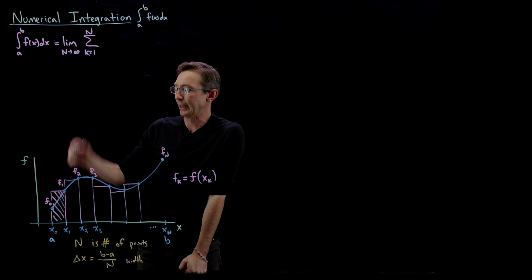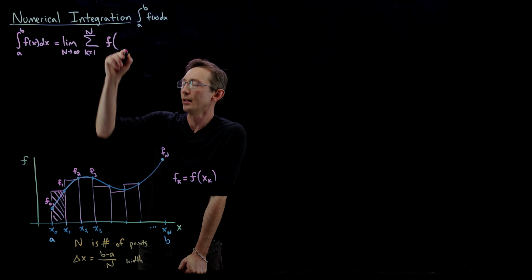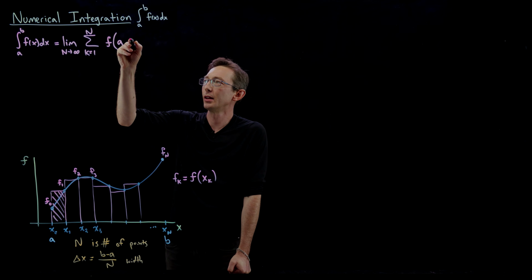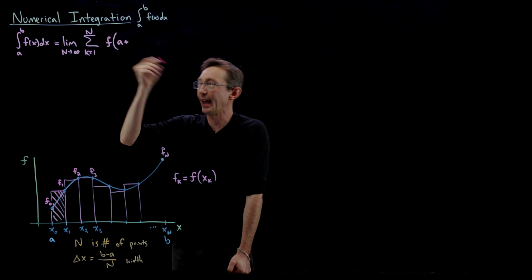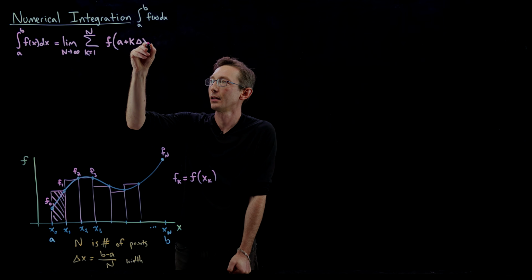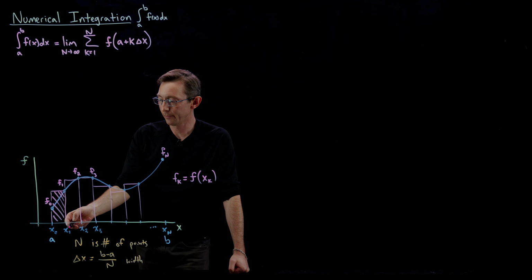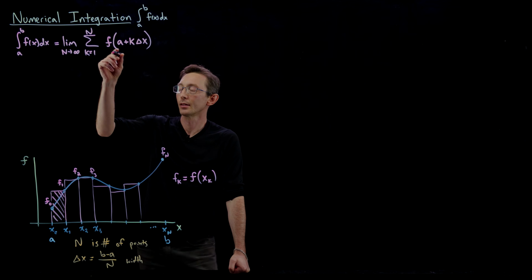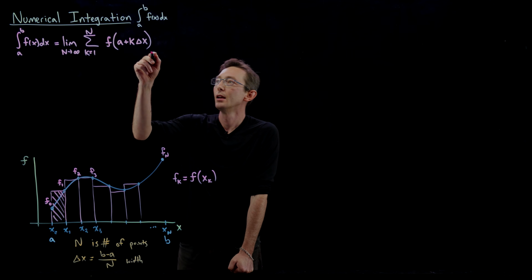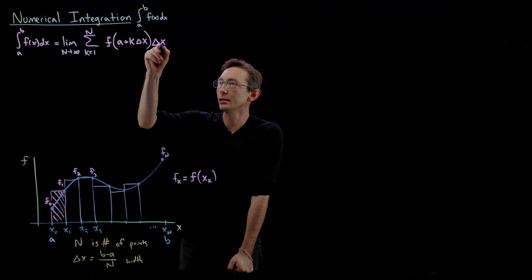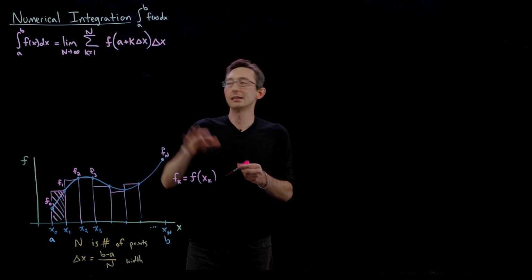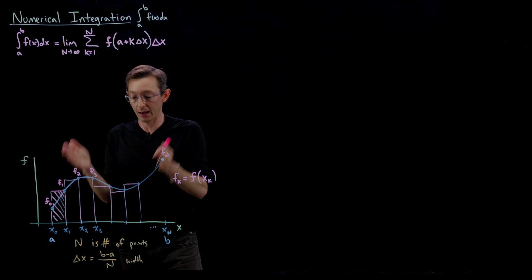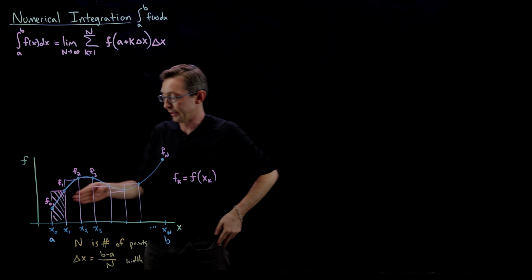So I'm going to take the height to be f of a plus k delta x. So if k is 1, then a plus k delta x is my x1 point, so that's f of that point. That's the height of this rectangle here, times delta x. Okay, this is literally the Riemann integral approximation of the area under this blue curve from point